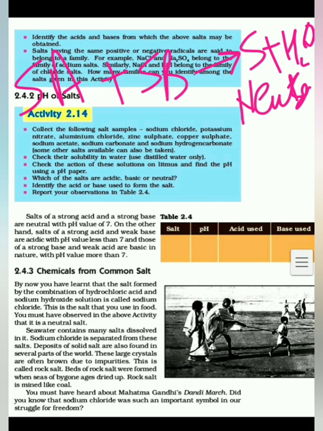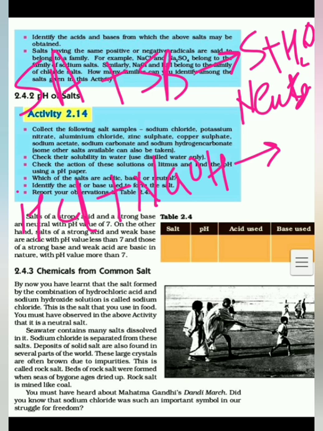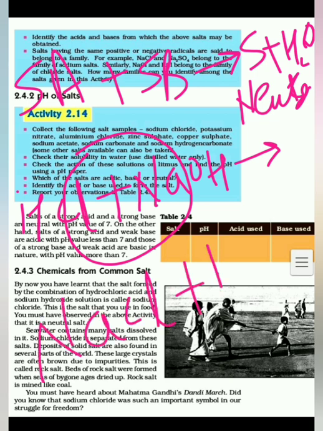So, we will take one example. Same example we will take of sodium chloride. Here we will take HCl, which is a strong acid which reacts with sodium hydroxide, which is a strong base, and it will give us NaCl, because here the double displacement reaction will take place. It will form NaCl plus H2O, and the pH of this NaCl is 7. It is a neutral salt.